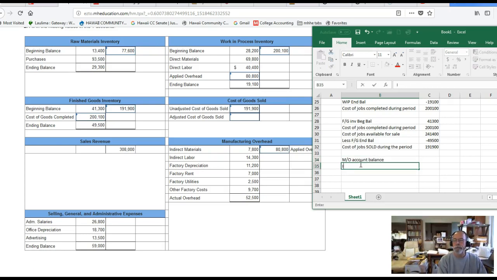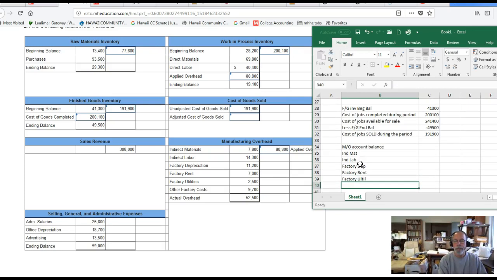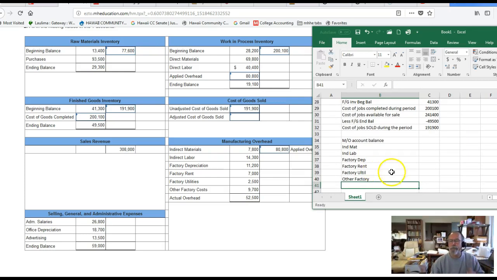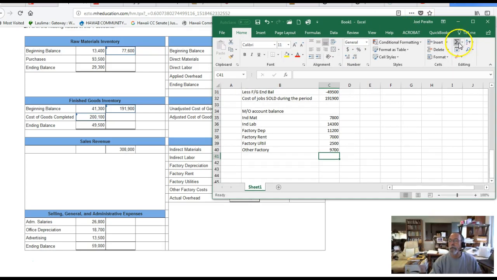And so I'm just going to show these amounts: indirect materials, indirect labor, factory depreciation, factory rent, factory utilities, other factory costs, and let's see what those amounts are here. 7,800, 14,300, 11,200, 7,000, 2,500, and 9,700, and then we can take a quick total on that amount